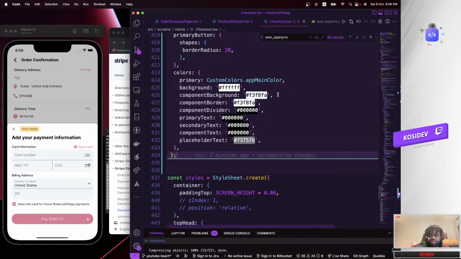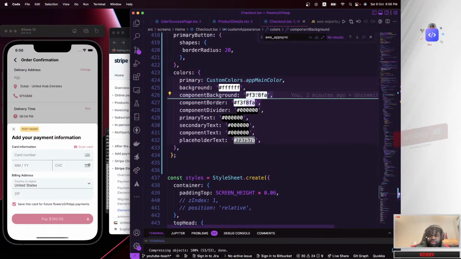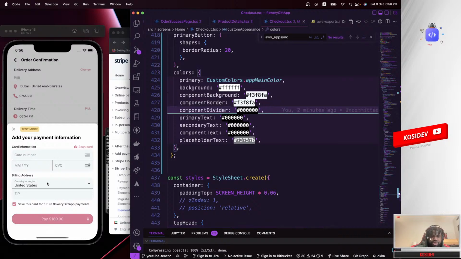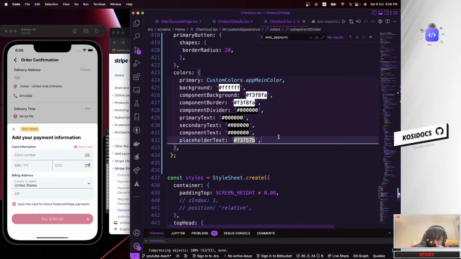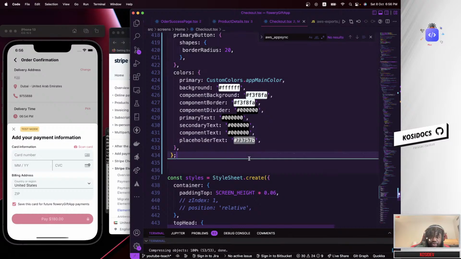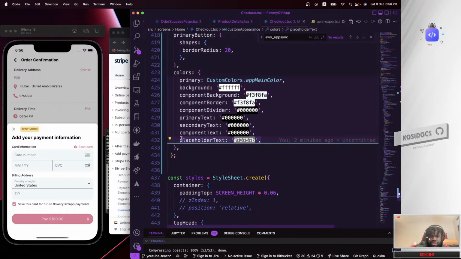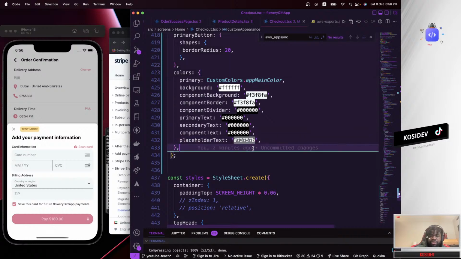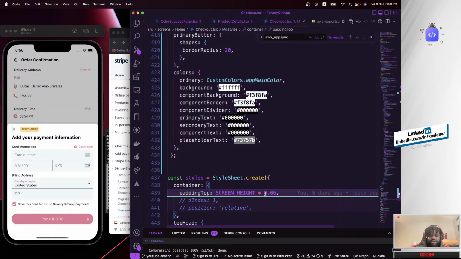Then the component background color, you can see the color is different, and that's the color we're applying to the payment cards. And you have the component divider color, which is purely black. I can see the divider is black in color. And the primary text, all those things. Then you have the placeholder text, which is a grayish color, and you can see that showing up in gray. So yeah, that's it.